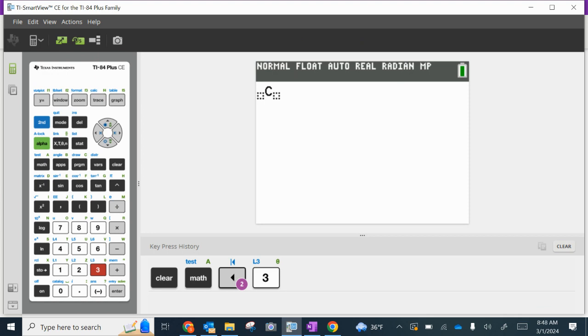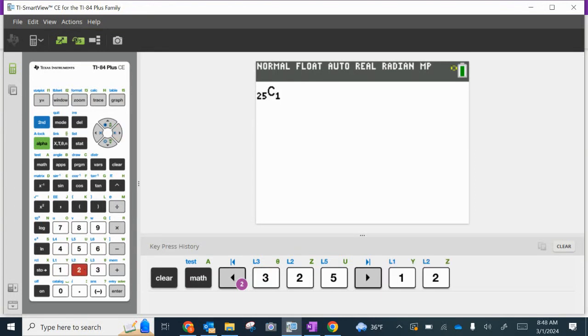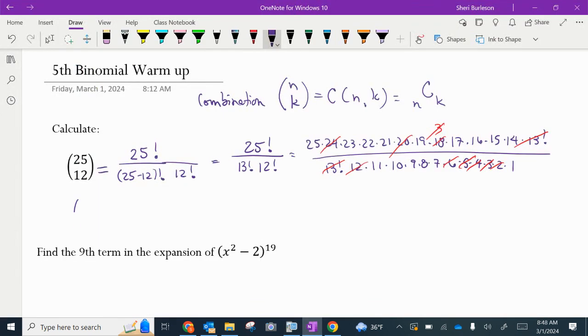And we did what, 25? And then I go over to the other side. And what was that number? 12. Thank you. And when I hit enter, I am so glad I didn't have to multiply out all of the numbers that gave me that answer. So what I end up with when I do it on the calculator,